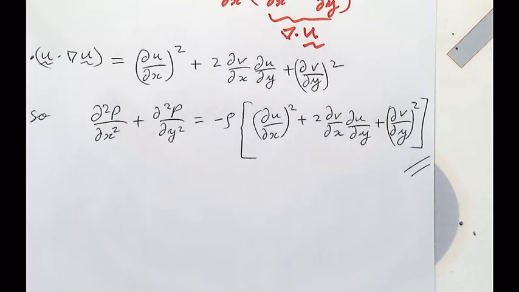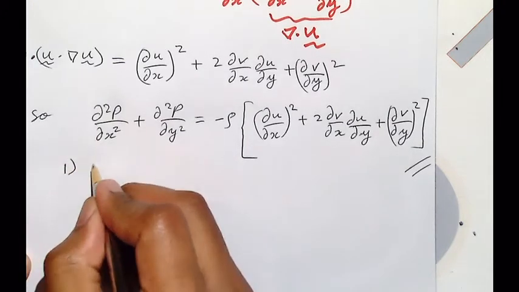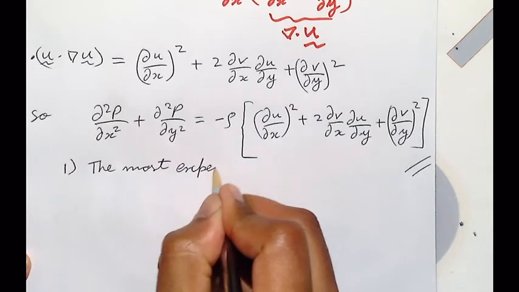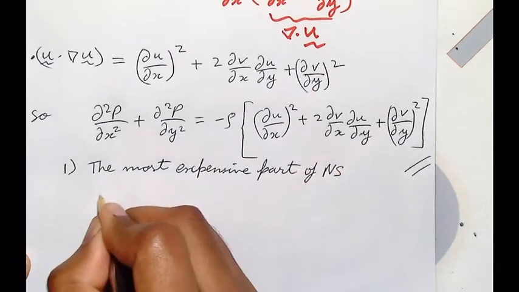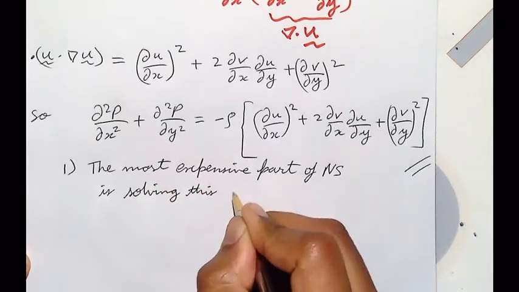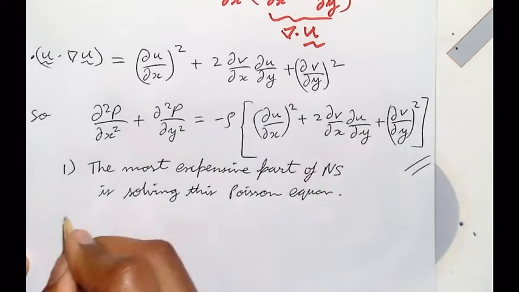Okay. Just a few notes before we do that. So, one. So this is the most expensive part of Navier-Stokes. Two,